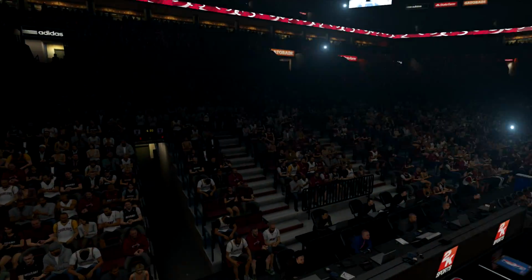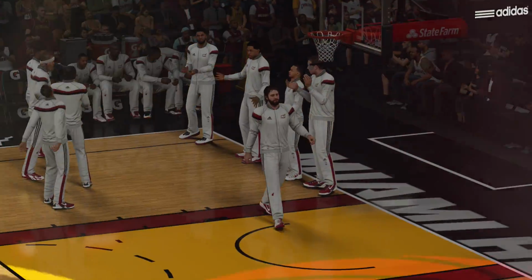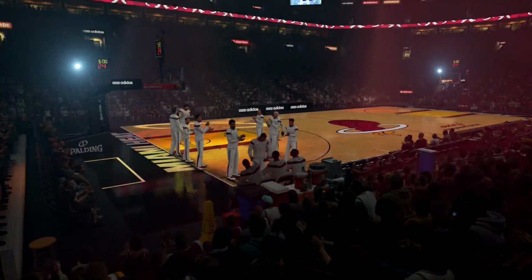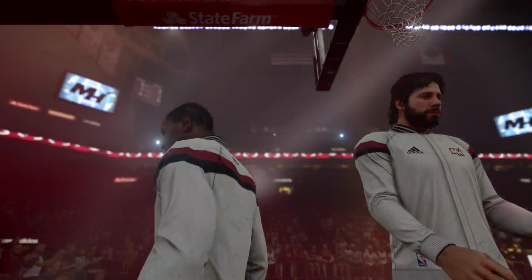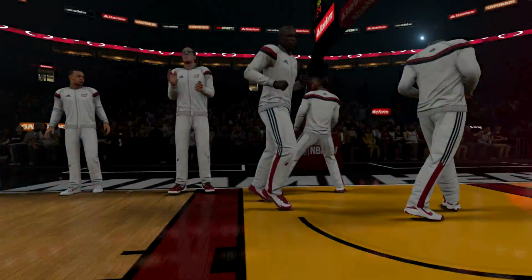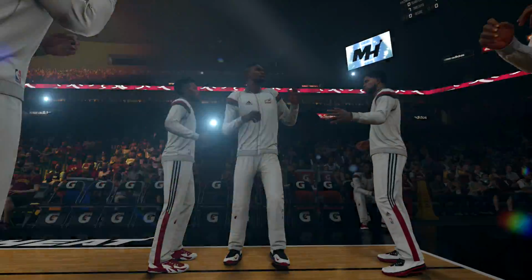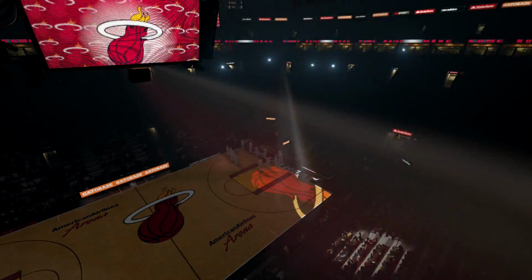And now, your Miami Heat starting lineup. Starting at power forward, 6 feet 10 inches, number 4, Josh McRoberts. Number 15, Mario Chalmers. At the other forward position, at 6 foot 9 inches, number 9, Luol Deng. Number 1, Chris Bosh. And number 3,